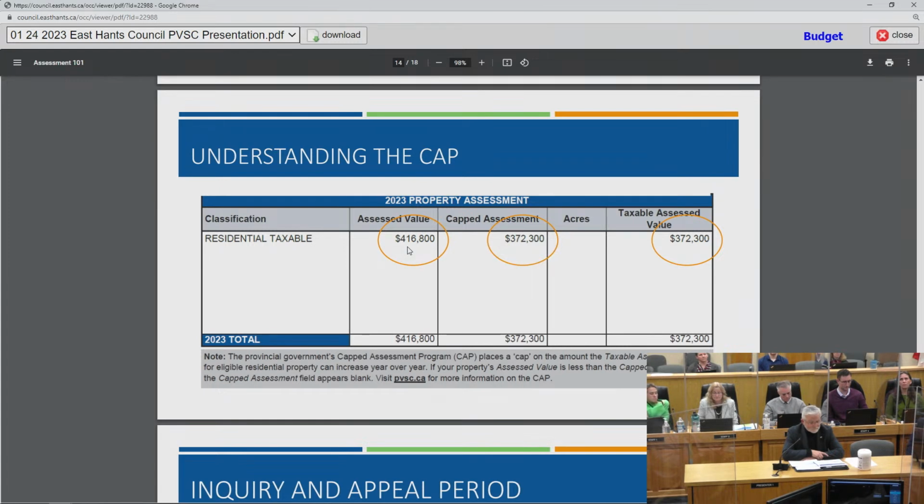And what that does is allows us to capture predominantly new construction. So an example in the corridor area here in East Hants where you have a significant amount of new construction happening. Of course, we want to see all of that reflected on the assessment roll for the following roll year, but we're basing it on market data from 1 year ago. What that allows us to do is review all of those sales and make sure that they actually are telling us something about the market so that they're not, getting back to the question from earlier about a market bubble. We want to be able to, as much as we can, normalize market activity and say this is